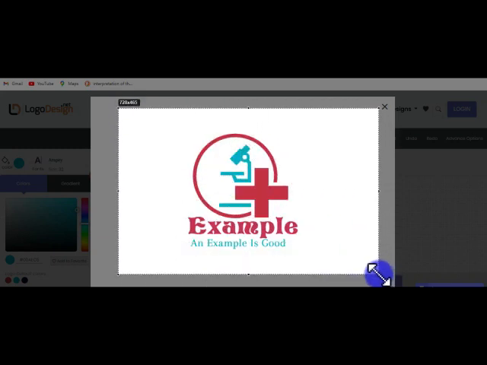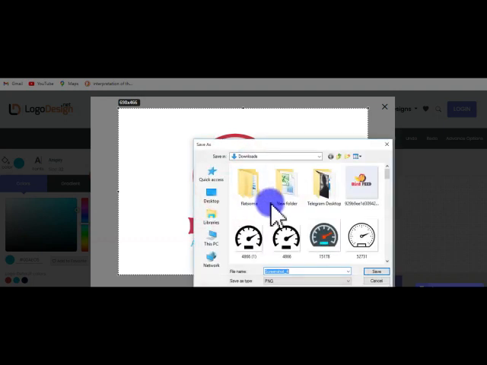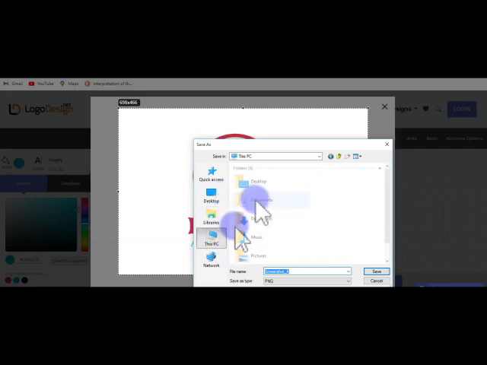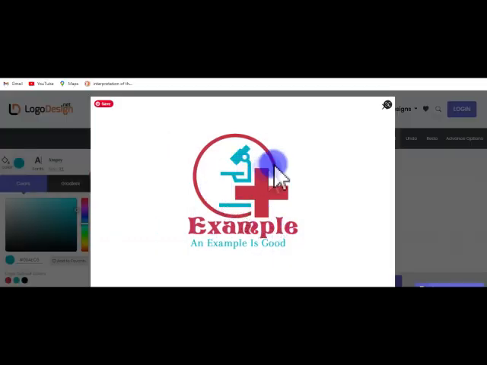Let's assume that this is my logo. I will actually download this logo and save it to my PC. In the download section, I'll save it as screenshot 4. Okay. Now what you need to do to remove the background of this logo is to come